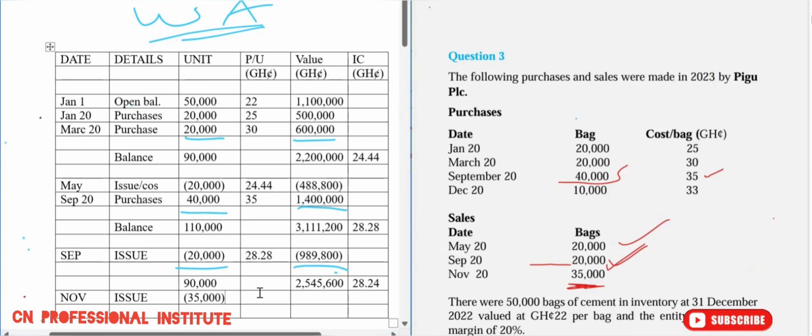Then we said we are using either the 28.28 or 28.24, whichever way you do it. Okay, the roundings, and then that should give us